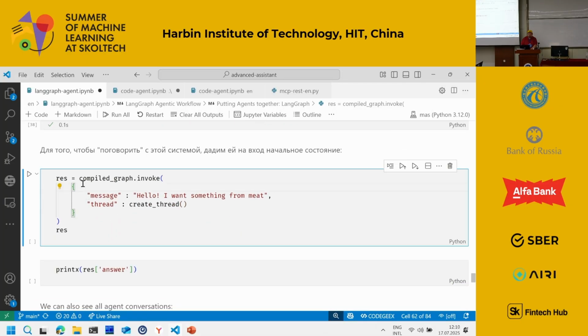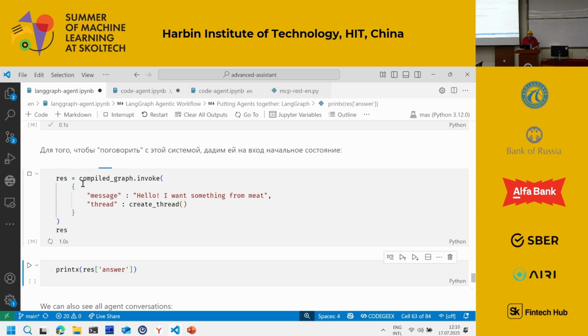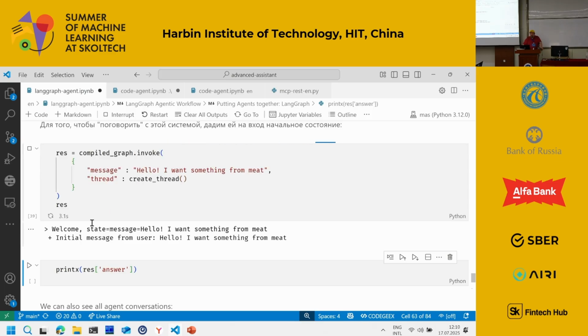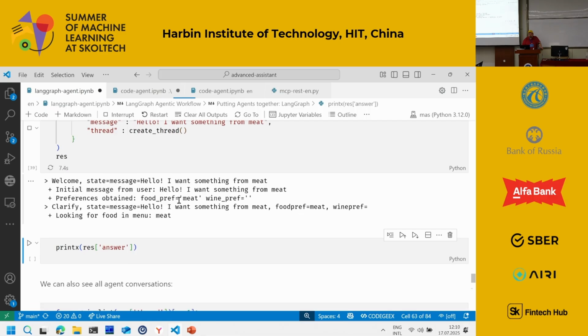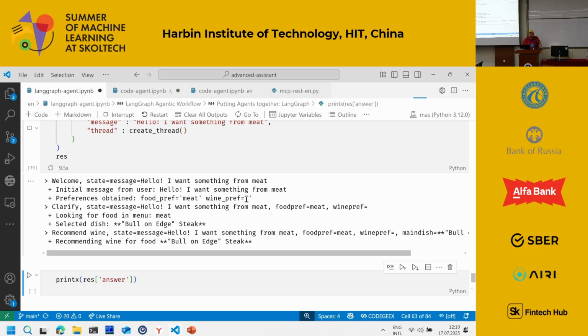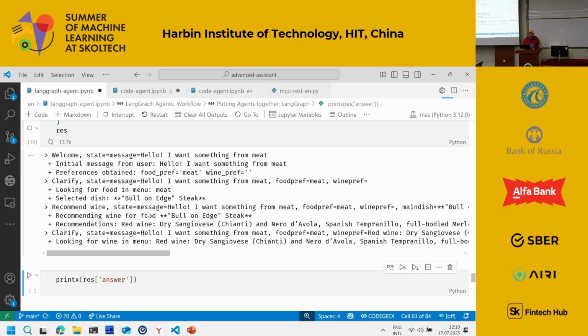Now, to run this, I say I want to invoke the compiled graph with this message: hello, I want something from meat. And I create a new thread for communication. I run this, and then the magic happens. Initial message: I want something from meat. Preferences: food preference meat, wine preference none. Then clarify says, looking for the food in the menu.